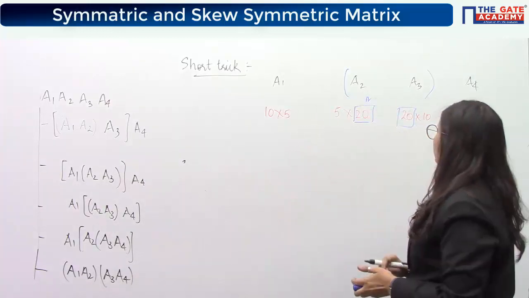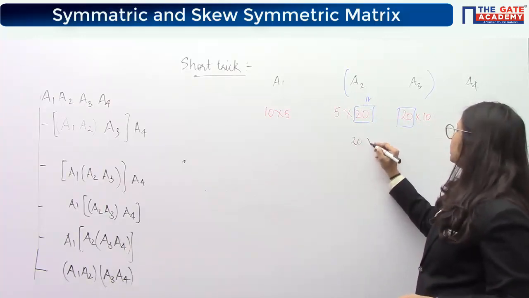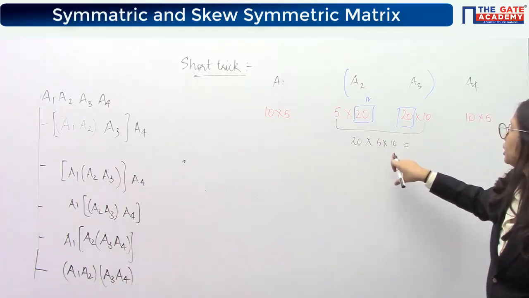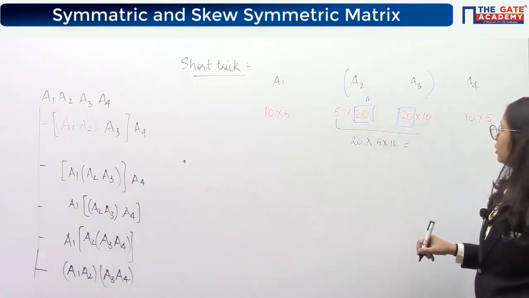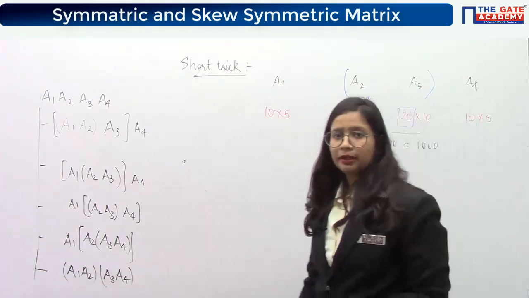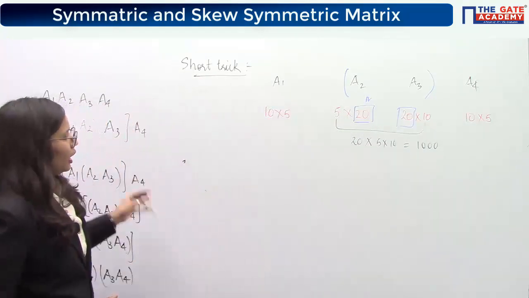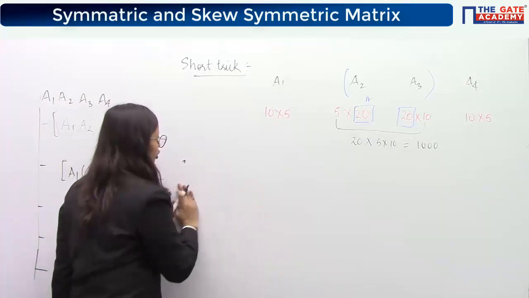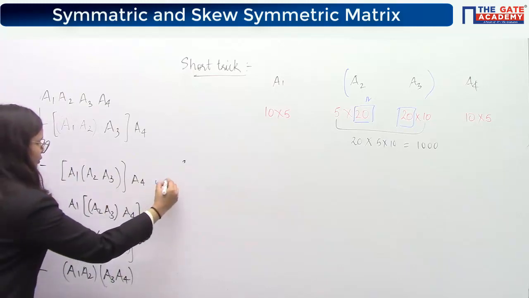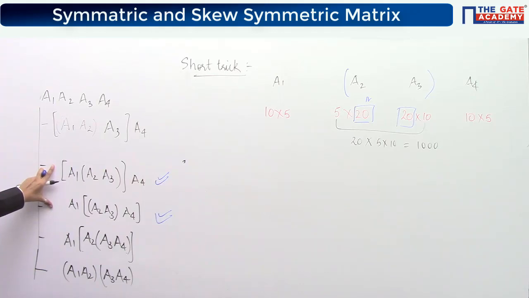So a2 and a3 are multiplied first of all. The number of multiplications for this will be 20 times 5 into 10, which will be equal to how many? 1000. 1000 multiplications are required to multiply a2 with a3. Yes, Sanket, good. Now, in the next step, which matrix should be multiplied? You know that we are getting the product either in this way or in this way. a2 and a3 should be multiplied together. So, in this way or this way.